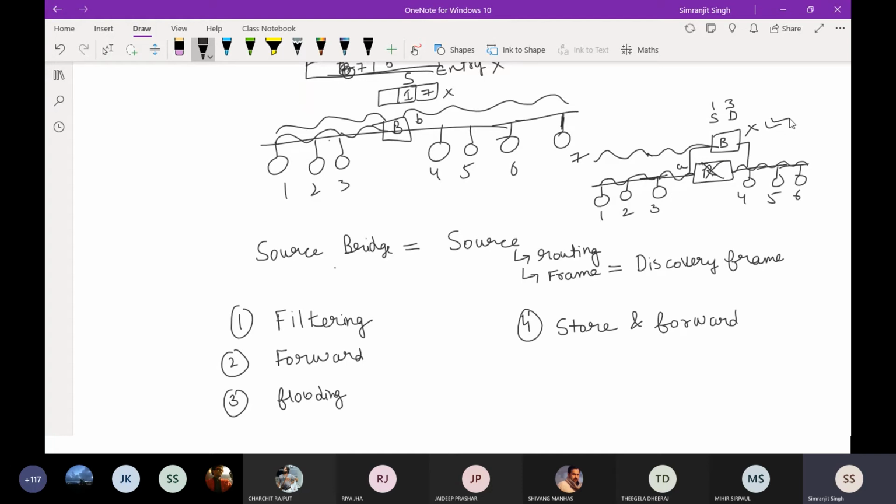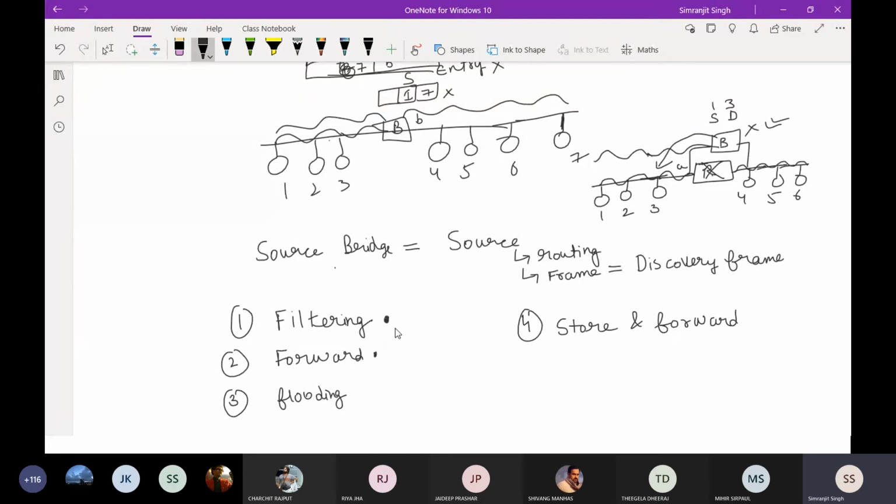That is the biggest advantage, because the bridge knows that the destination station is 3. If the destination station did not receive the message, it would send it, but it already knows that the destination has received the message, and it will just discard it. That particular thing is called filtering. Okay, so the bridge has filtered out 4, 5, and 6. It does not send the message to 4, 5, and 6 because it already knows that the message belongs to 3. So it will only send the message to 3.